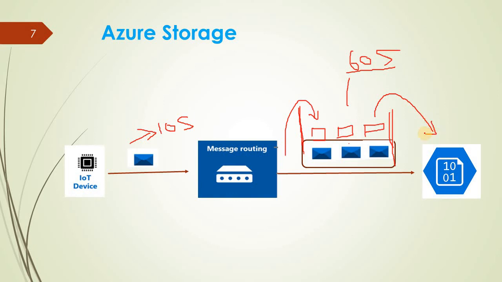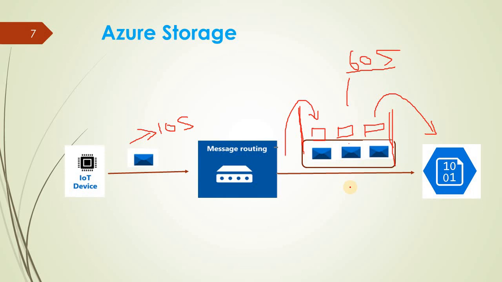So what is batch frequency? Batch frequency holds all the messages in a bucket for a particular time duration, and that time duration is known as the batch frequency. Once the batch frequency limit is reached, it will write those messages to the blob storage. After that, the bucket will be empty, and it will start pushing messages again every 10 seconds. Once the batch frequency time completes, it will write the whole batch to the container and the bucket will be empty.